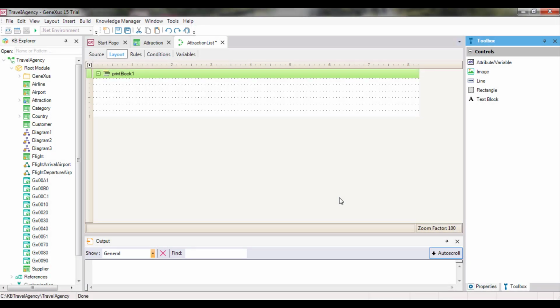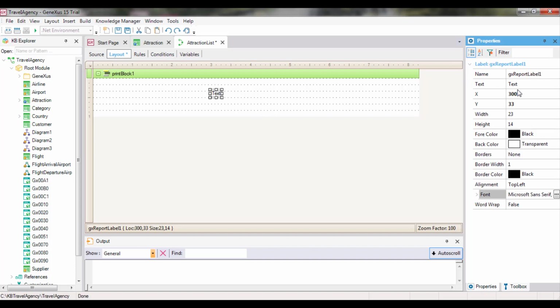We can use the print block that was created when we created the procedure object for the title and image. Let's start by the title. To do so, from the toolbox, we drag the text block control, we edit its properties, and in the text property, we type attractions list.